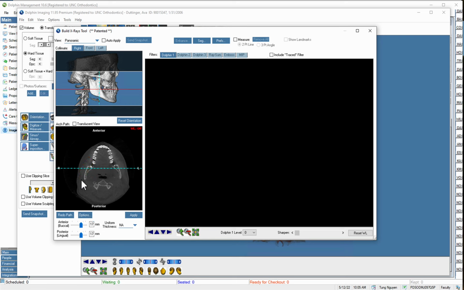I'm not happy with it, so I'll click redo. And the idea is to go around the fossa of the teeth and make sure you generate enough focal trough and cover enough of the condyle. The typical focal trough that I like is around 15 to 17 millimeters. Okay? Click apply,